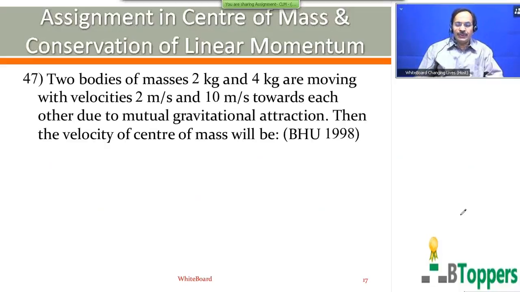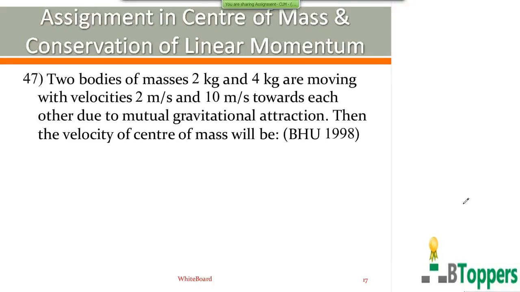Two bodies of masses 2 kg and 4 kg are moving with velocities of magnitudes 2 meters per second and 10 meters per second towards each other due to mutual gravitational attraction. Then the magnitude of the velocity of the center of mass will be. So the velocity of the center of mass of the system of the two masses